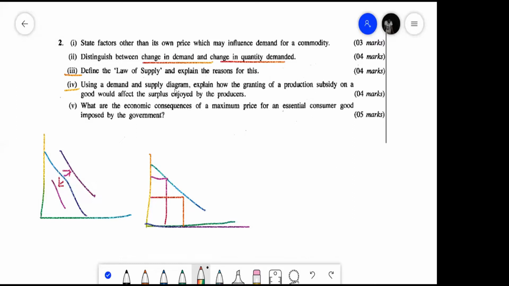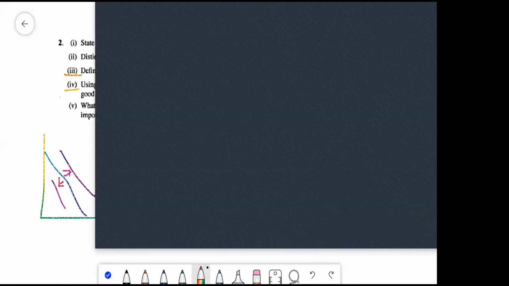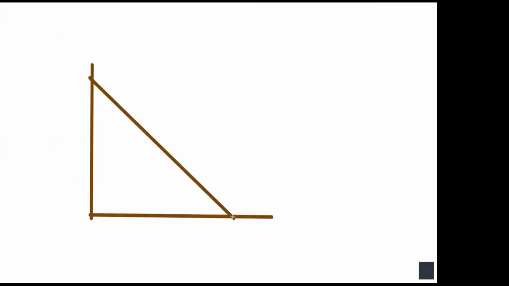So remember the question says, using a demand and supply diagram, explain how granting of a production subsidy on a good would affect the surplus enjoyed by producers. So how is producer surplus going to change because of a subsidy, right? It's a very easy question. So you draw a normal diagram, right? You have your demand curve, you have a supply curve, and then you can maybe mark equilibrium price,